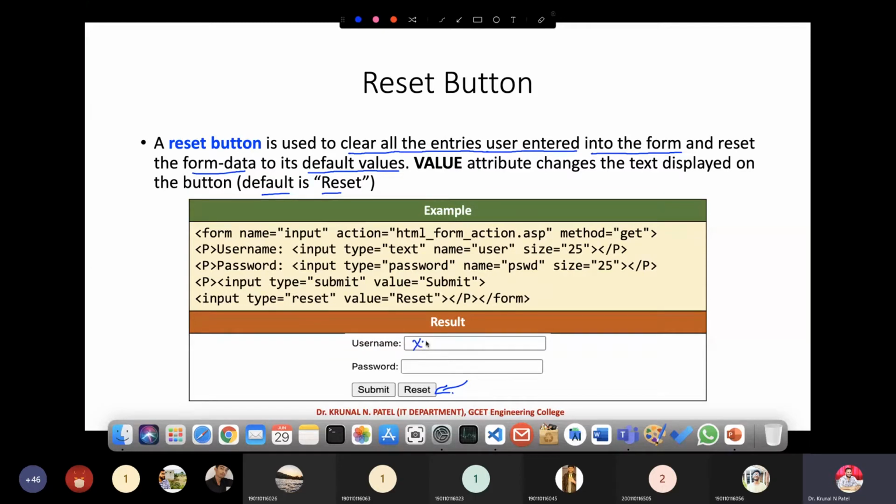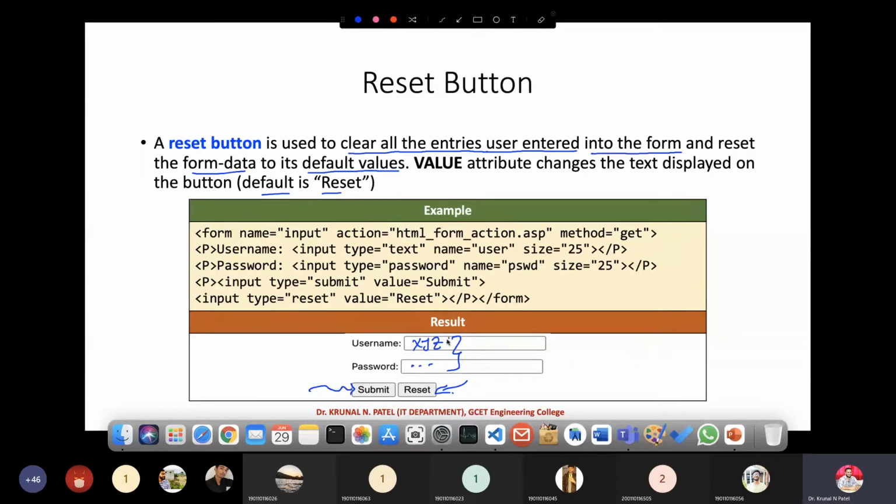Suppose, for example, I'm entering some data over here, username and password. After submitting, that data goes to the server. But if I want to clear these fields, then I just need to click on the reset button.